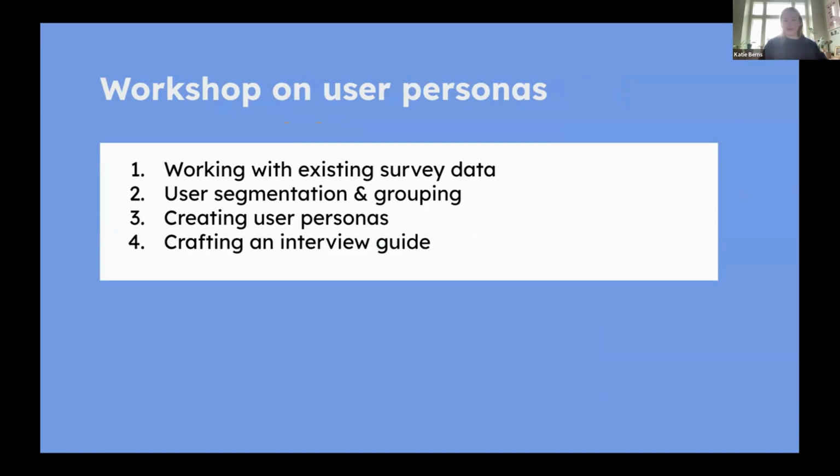So I just wanted, we'll have a little bit of a Q&A, but I think just to introduce what we're going to do in the activity session after the break. As I understand, you have some survey data that you've already collected. So the idea is to work with the survey data, try to understand the different segmentations of your potential user groups, work on developing some different groups of users and then creating personas to represent these user groups.